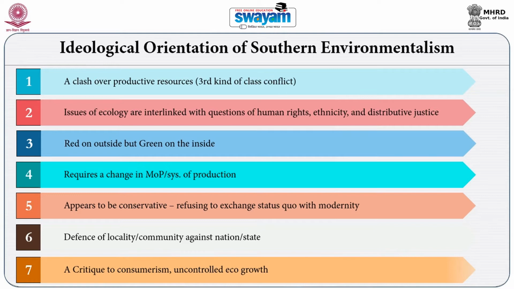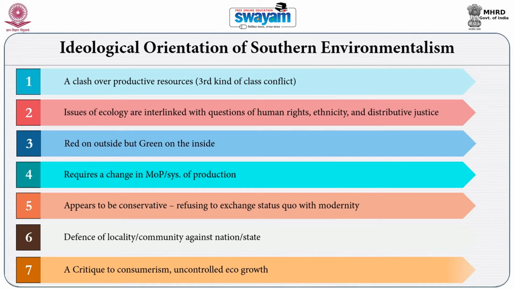In that sense, environmental conflicts in the global south are conflicts between two human groups, whereas in the case of environmentalism in the north, we discussed that these are not conflicts between different human groups, but a conflict for a better nature. In the global south, these are conflicts between two interest groups, two human groups who put forth unequal claims over nature. So in that sense, these environmental movements in the global south may be considered a defense of locality against the nation state.